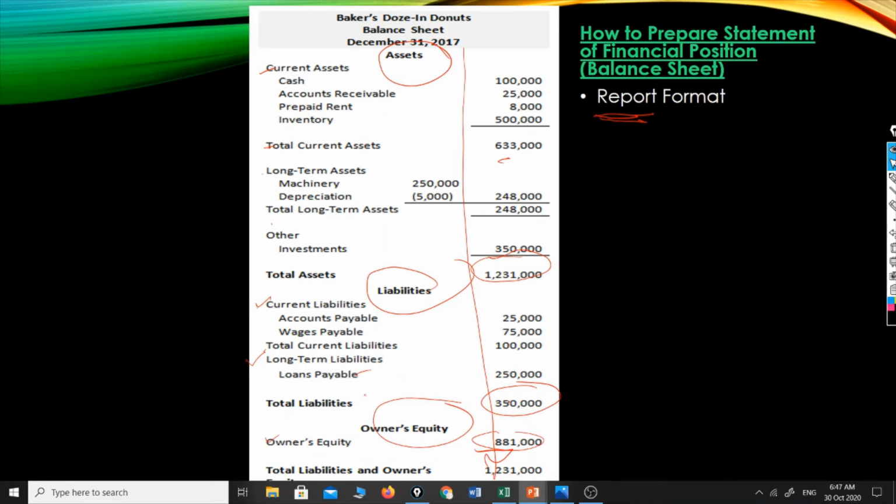So that is 350 plus 881. We came up with this amount, 1,231,000. So as you can see, the total asset, 1,231,000, is the same as the total liabilities and owner's capital, also amounting to 1,231,000. Okay,